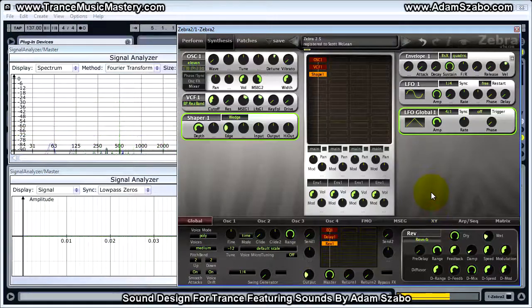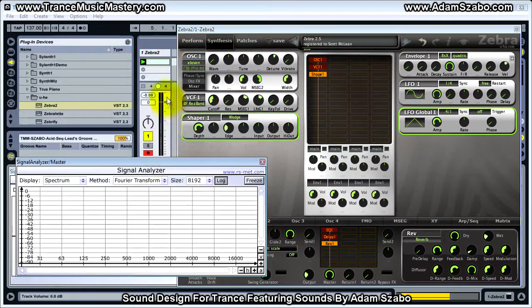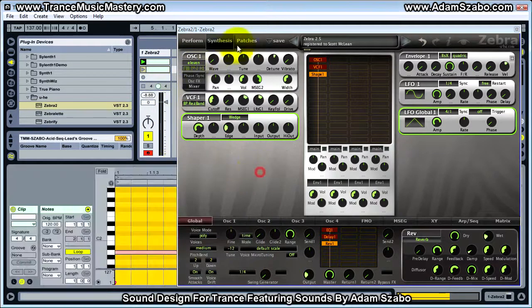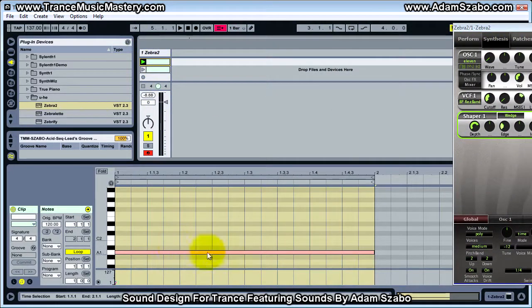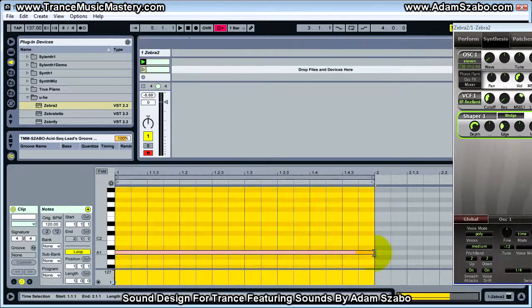Okay, now that is the patch. Now, one thing that we can do is, I just want to demonstrate what happens if we create a different MIDI clip for this, and I'll just get rid of these windows. We don't really need them anymore. So the first MIDI clip is just holding an A note down, but if we created a MIDI sequence of